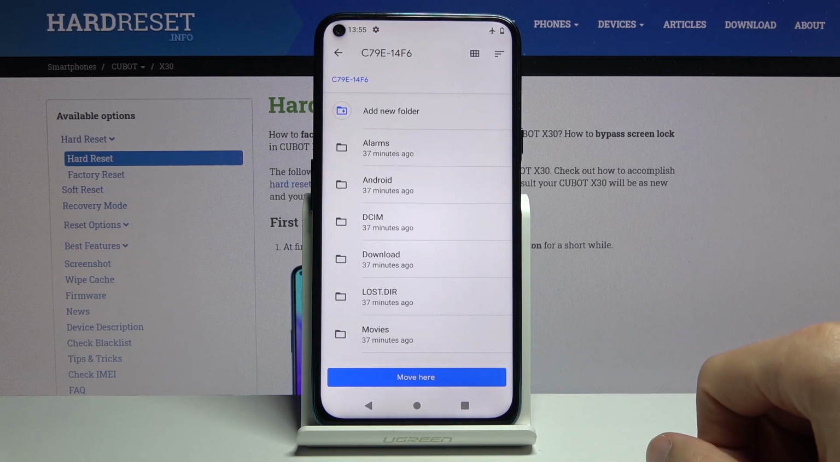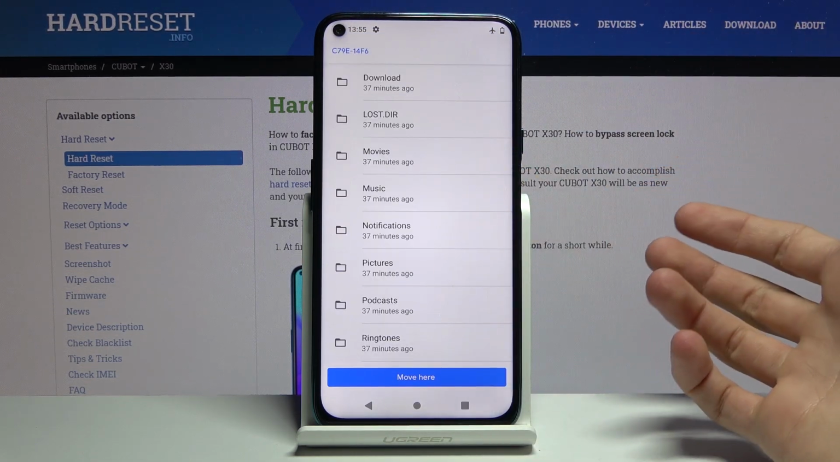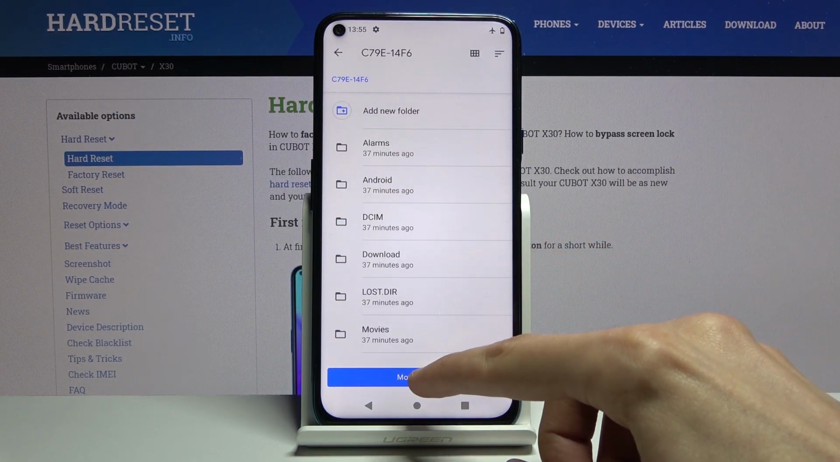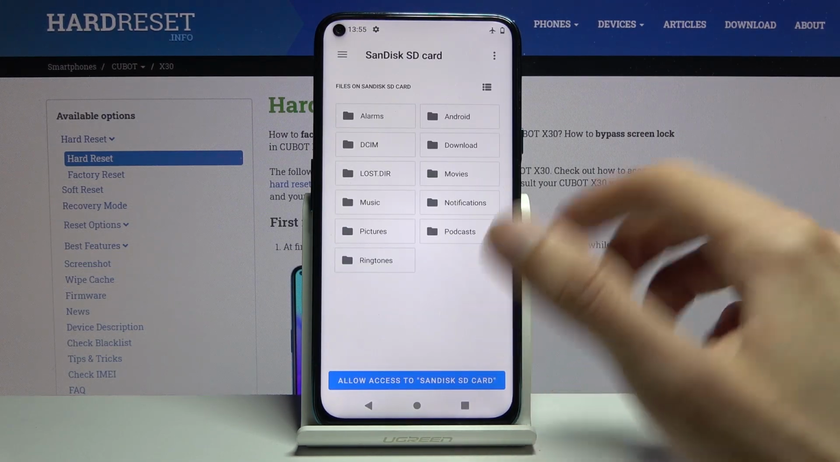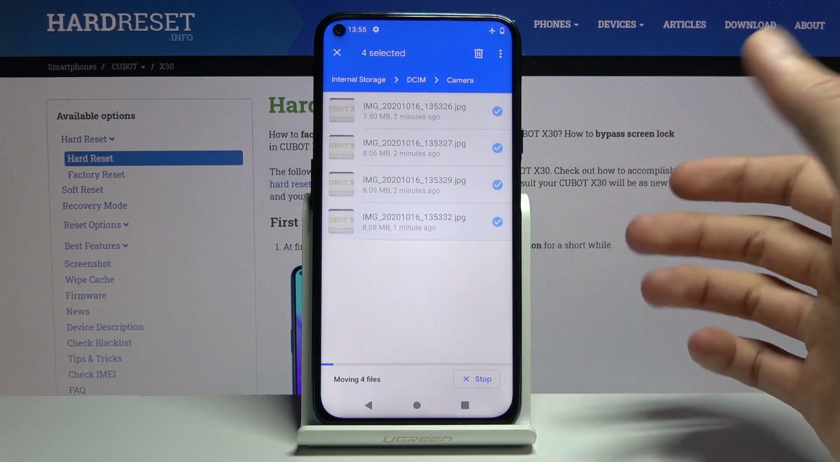I'm gonna select SD card to keep it different, and from here you can navigate into a specific folder if you want to move it somewhere specifically, or you can just simply, for instance, drop it right here in the SD card, right in the middle of it basically. So allow access, allow, and